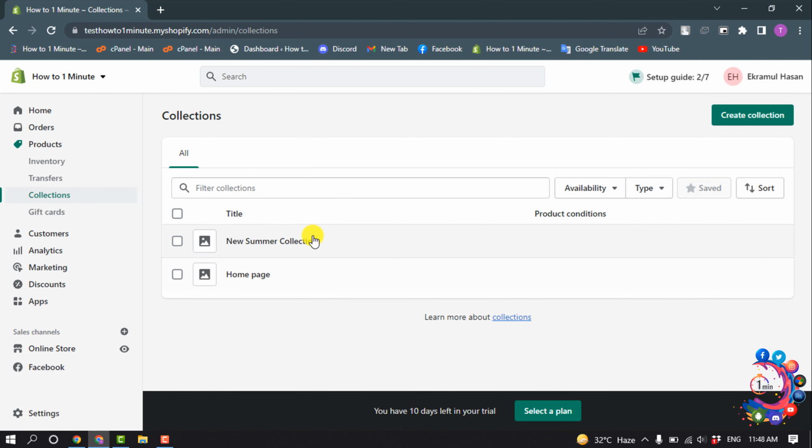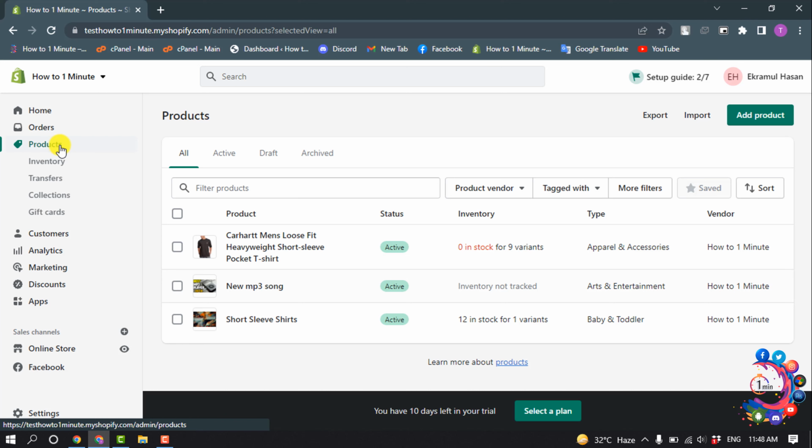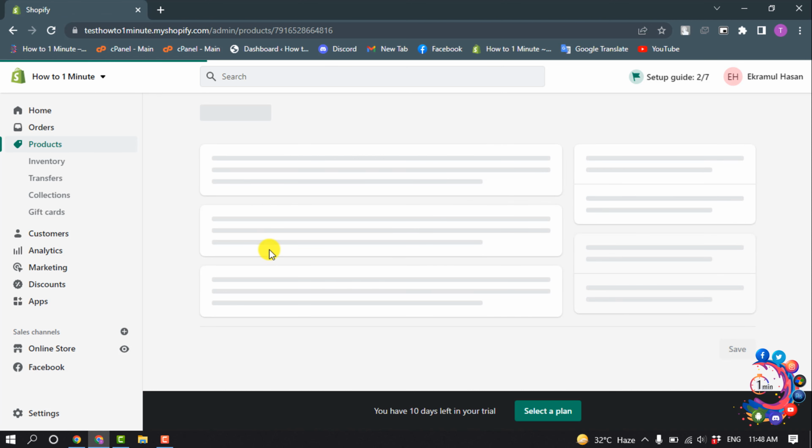So here we can see I've successfully created my collection, and now let's see how to add products to this collection. So for that, click on products, and you can add previous product to the collection. So for that, open any product